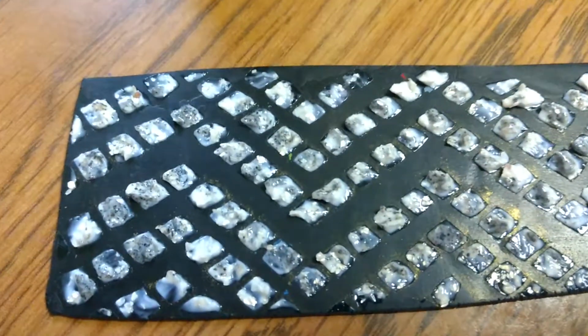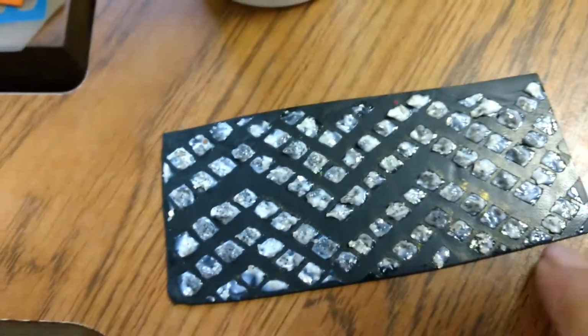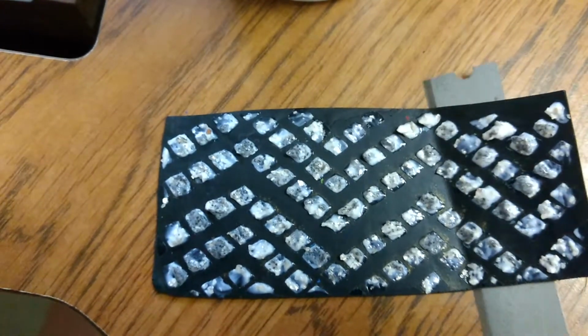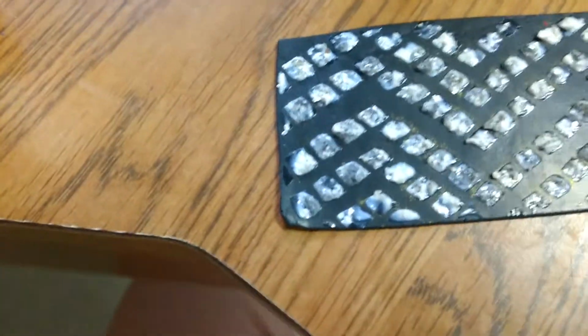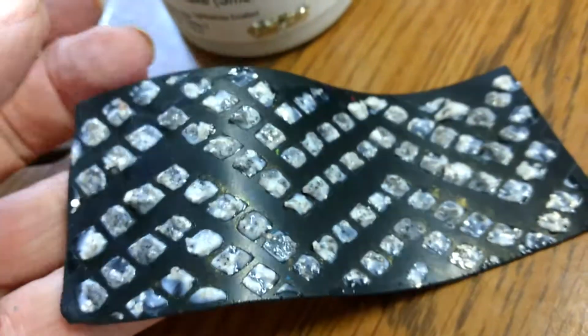This is black Premo clay on a very thin setting. I'm not sure, let's see. It's very thin, probably number 5 or thereabouts on my pasta machine, where number 1 is the thickest. Anyway, I am playing